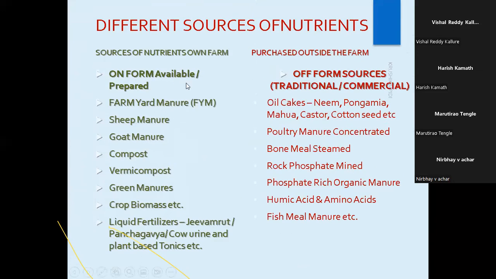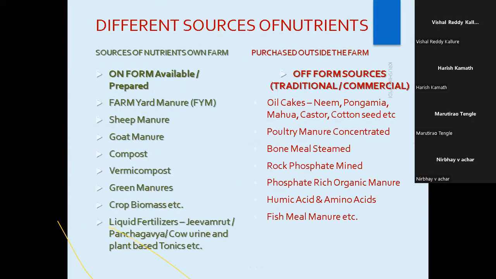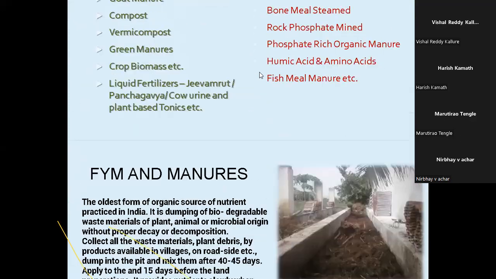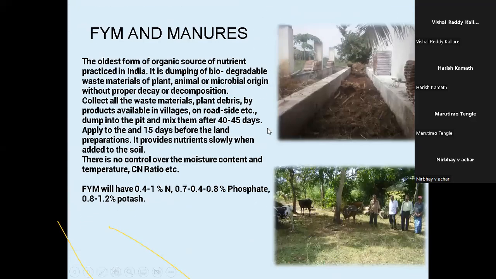Manures are added to improve the soil organic matter content, and they provide nutrients very slowly, and in very limited quantity. Whereas fertilizers are concentrated. They provide soil nutrients more quickly compared to manures, and they are mostly applied to provide specific nutrients to the soil. This is the difference between manures and fertilizers.